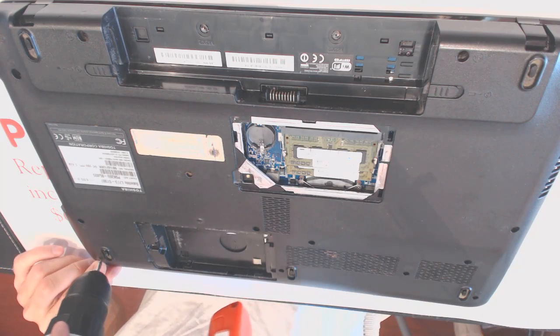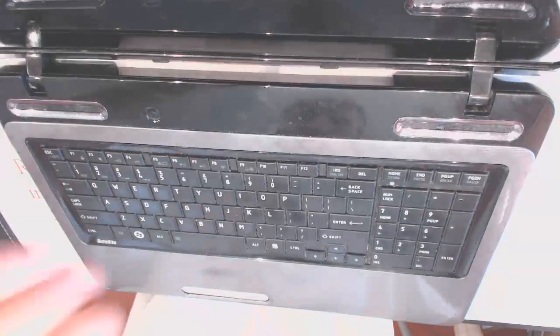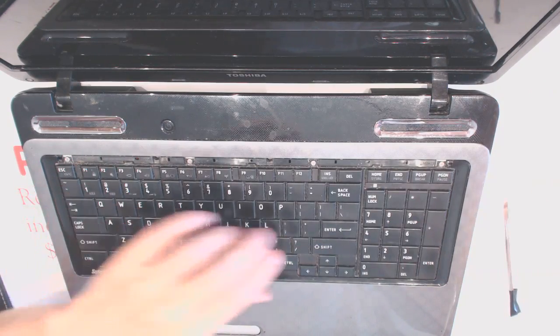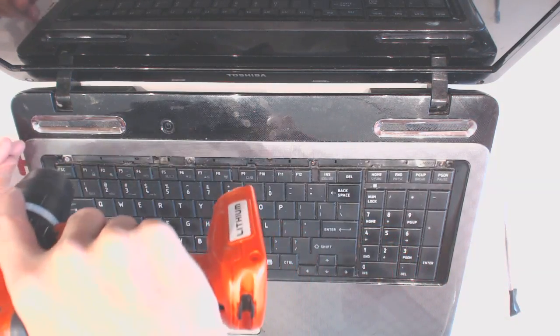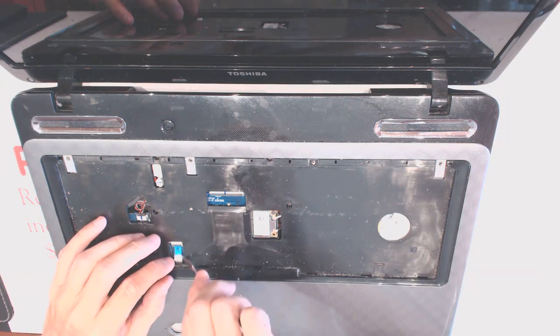Alright. Okay, so here we pop out this screw. Alrighty. Okay. Make sure all the screws are out, flip it over, open up the screen. Alright, here we probably gonna do this. This guy out, remove that, and now we unscrew this guy, that guy. Okay, like that. Flip the keyboard over, unplug the keyboard cable, remove that, unplug the touchpad cable, remove the touchpad